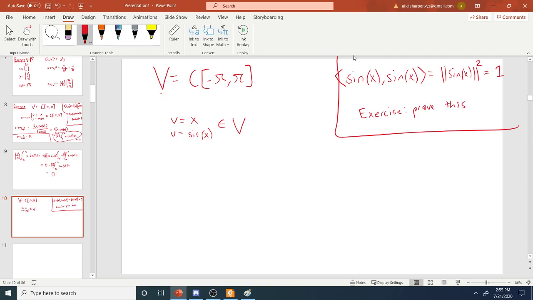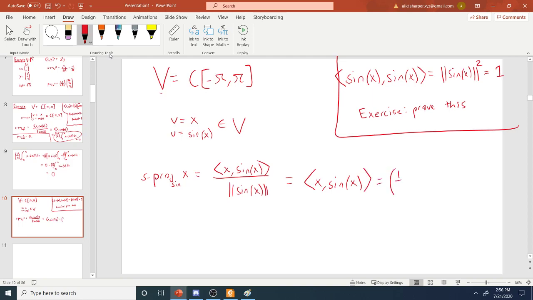What I'm going to try to do now is compute the scalar projection of x onto u, or x onto sine of x. And the computation begins in much the same way. So this will be equal to the inner product of x with sine of x divided by the norm of sine of x, which, using this fact over here, just turns out to be the inner product of x with sine of x,